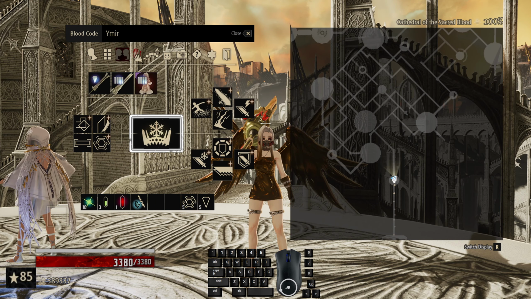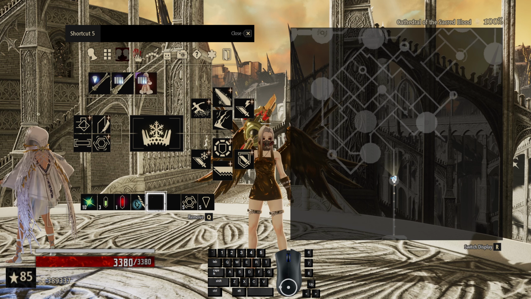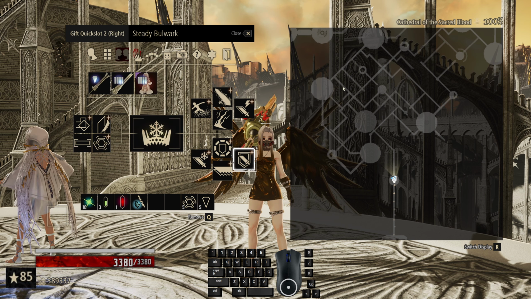Today we are going to be using Weimer. I know I'm saying that wrong, but I'm fine with it, and it makes for a lot of fun in the comments. So anyways, what we are going to be running today is the Argent Wolf Kingblade, obviously, and we're going to be running EO. We're going to be running the Cathedral, and we are going to be running the